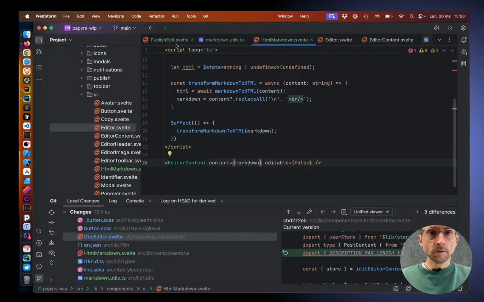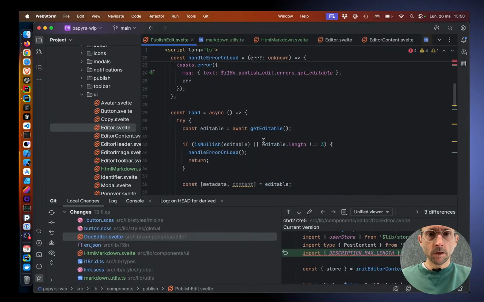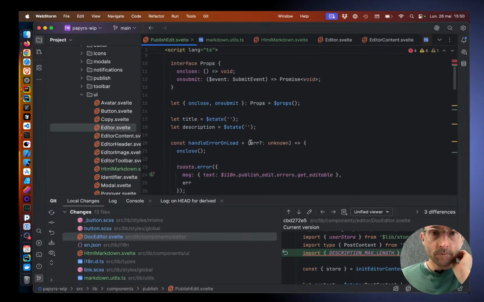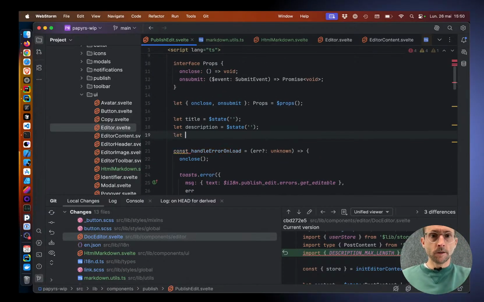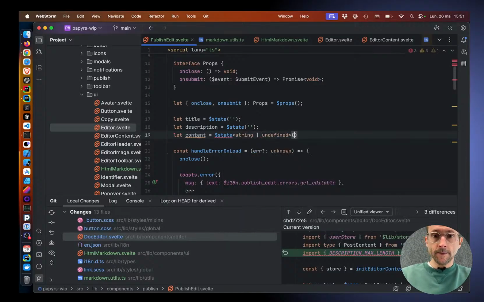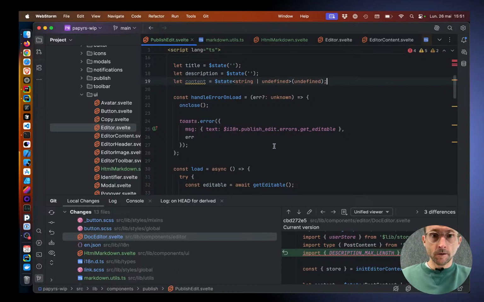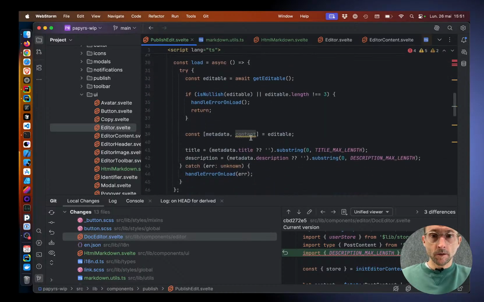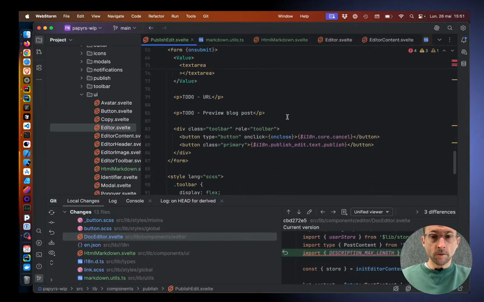Yeah, so here we have let content, let's call it like that, and we're gonna here have a string or undefined, and let's call it like that, and here we're gonna do content equals user content, right, and then here we're gonna have like a value